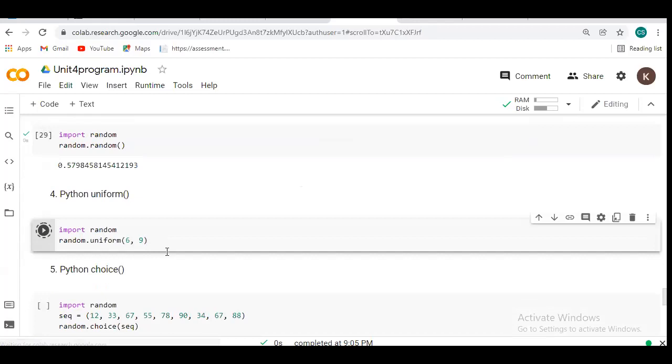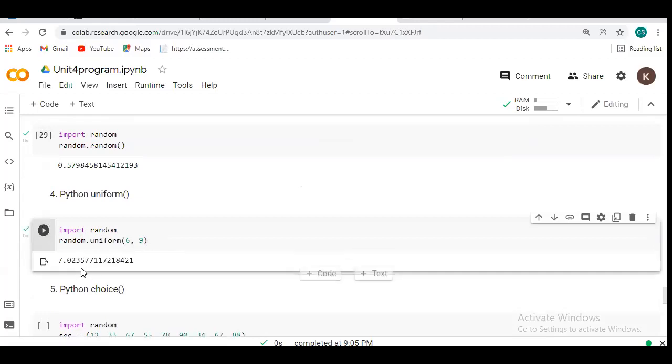After that we have one more, the uniform function. Here it generates the number 7.002. Uniform means we don't know what the output will be. We are just passing two arguments and it randomly generates a number. Suppose I change my number, the output will change, because we don't know what it will be.